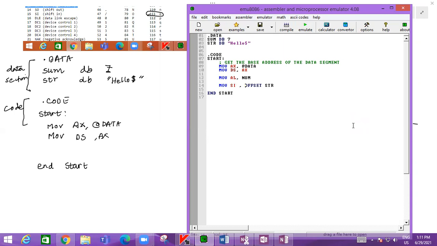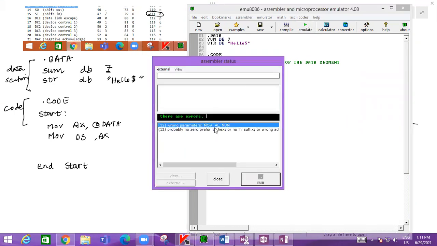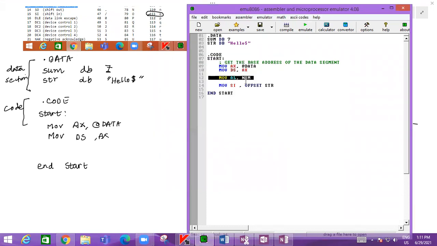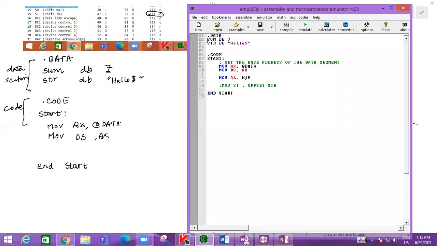Okay, so we'll see. We have changed that variable name to sum, so this should be changed to sum. So the offset of the string will go into the source index register.